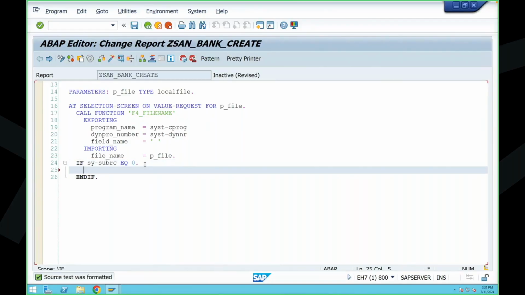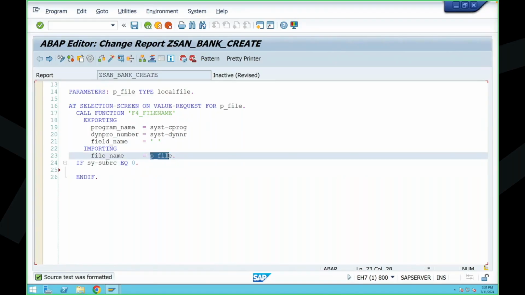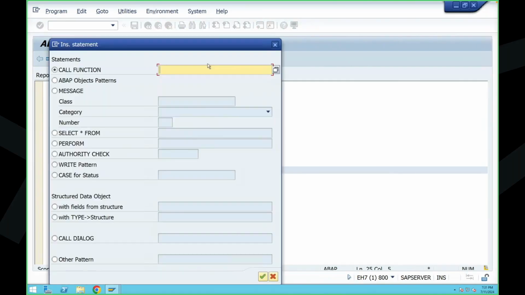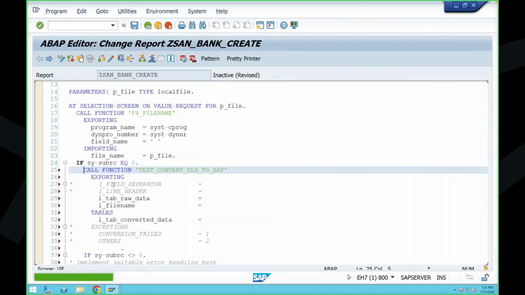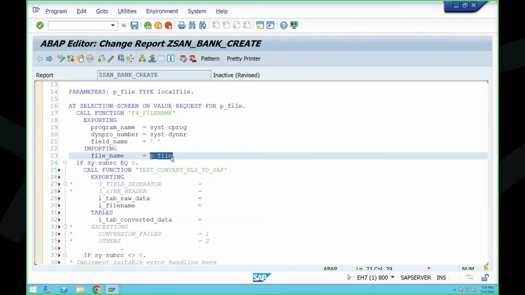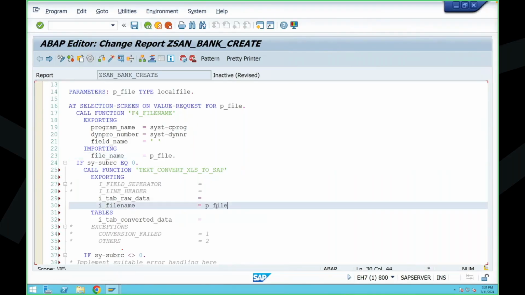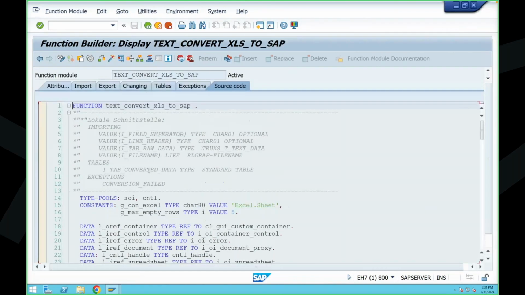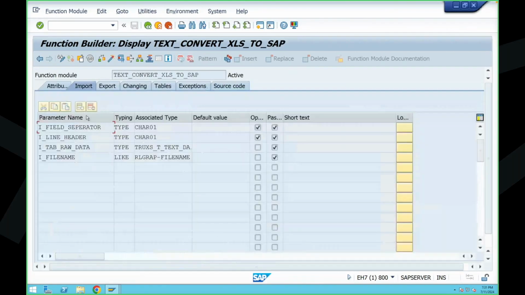So if you are able to pick the file, then what you need to do? Read the file information into your internal table. For that, we have to use a function module called TEXT_CONVERT_XLS_TO_SAP. For this function module, you need to pass the file name. File name is nothing but whatever you received into this p_file. And this tab raw data is a mandatory one. We are not going to use it, even though we have to pass it. So take the associated type